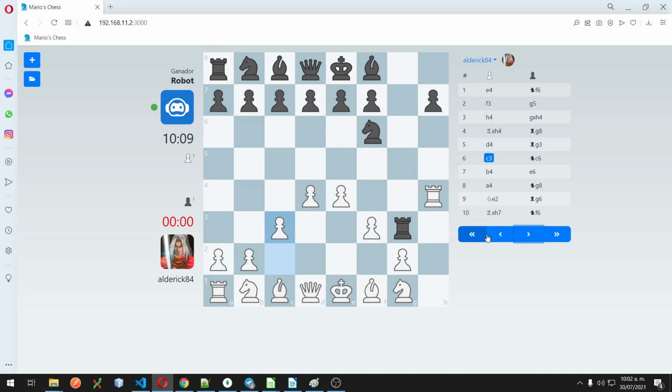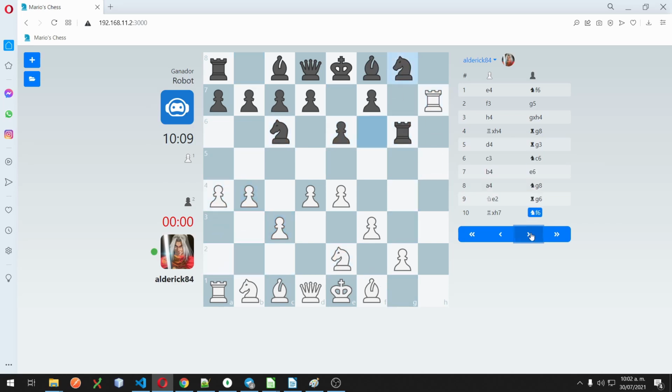So when I want to animate something, what's really going on is that the real piece is already at the destination square, but it's hidden. Then the fake piece is positioned at the source square, and then it's animated to the destination square. Once the animation is completed, the fake piece is removed and the real piece is shown, and when we put all that together, we get the illusion of movement,